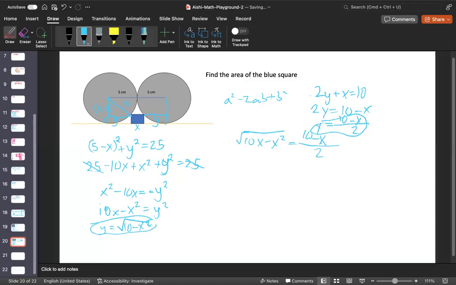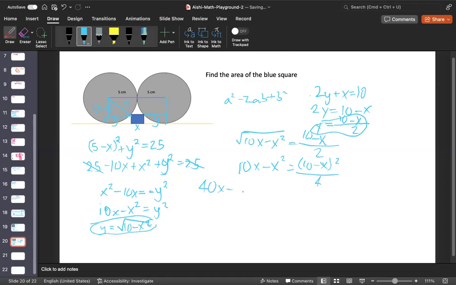Let's square on both sides. We end up with 10x minus x squared is equal to (10 minus x) squared divided by 4. Let's multiply by 4 on both sides to get out of fraction land. So we end up with